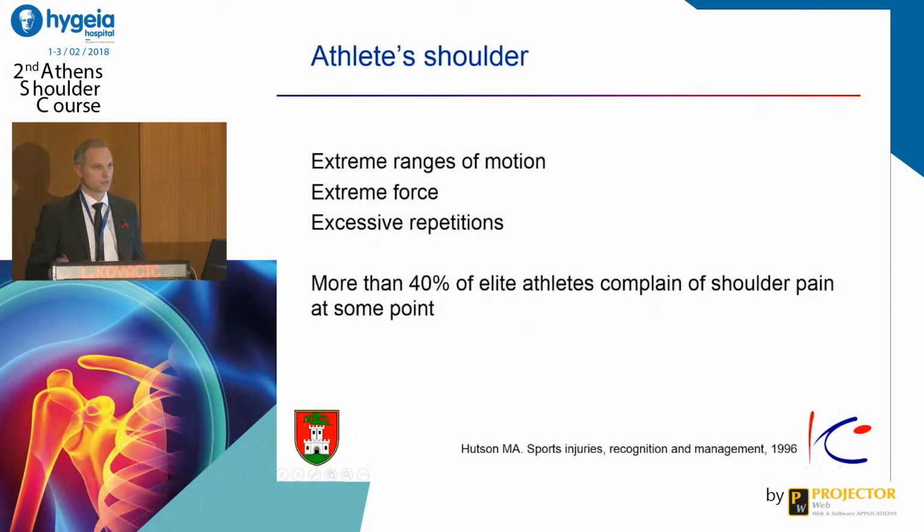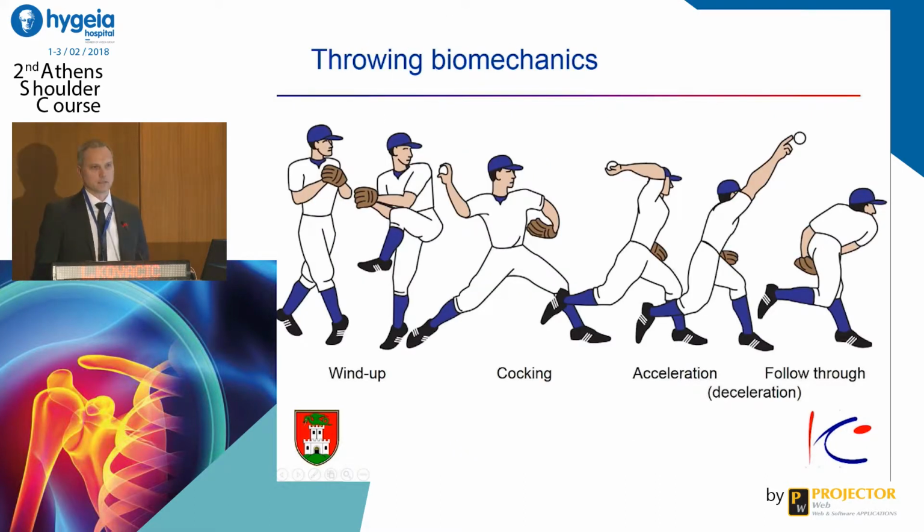So the athlete's shoulder is exposed to extreme range of motion, to extreme forces and excessive repetitions. It was shown in the article that more than 40% of elite athletes complain of shoulder pain at some point of their career. And the throwing biomechanics regarding baseball pitchers is well known and well described, with the